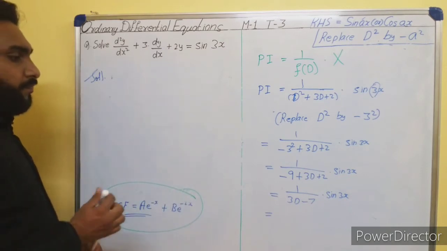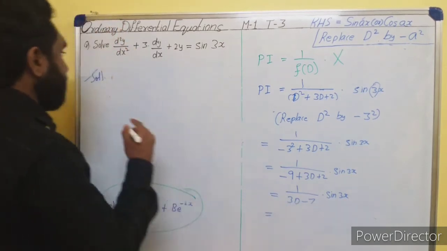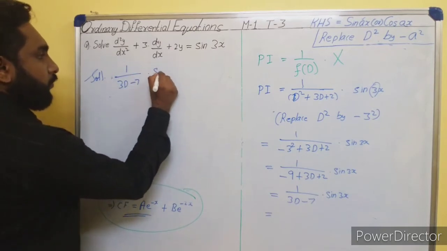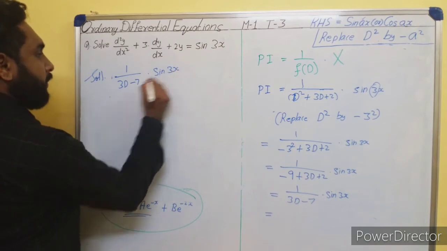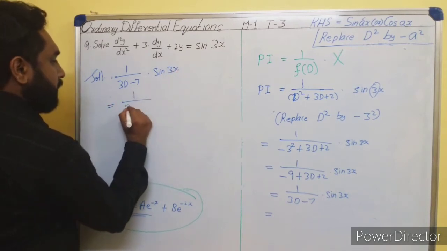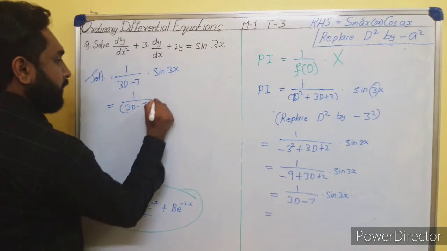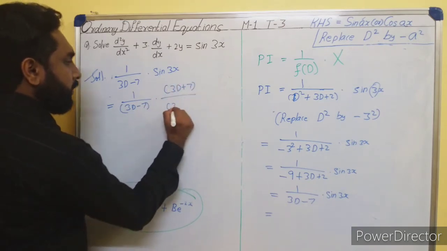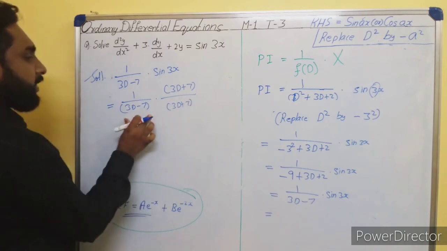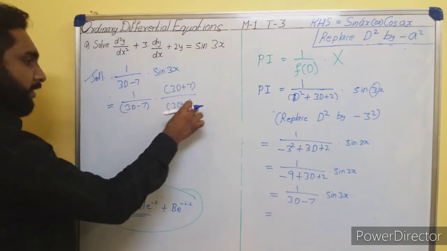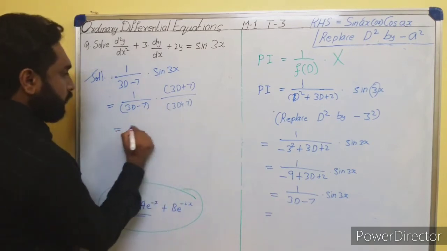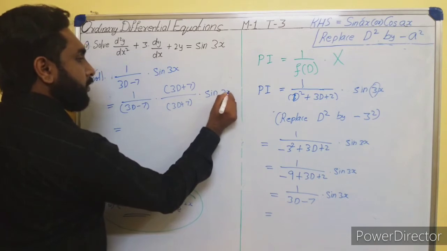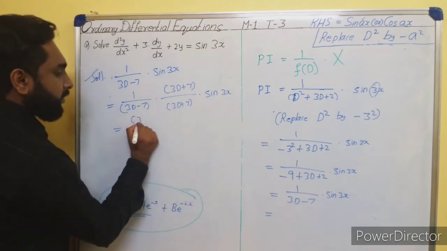So 1 by 3D minus 7 into sine 3x is equal to 1 by 3D minus 7 into 3D plus 7 by 3D plus 7. We are just taking the conjugate of 3D minus 7 here. That is equal to 1 into 3D plus 7 into sine 3x, so 3D plus 7 by,